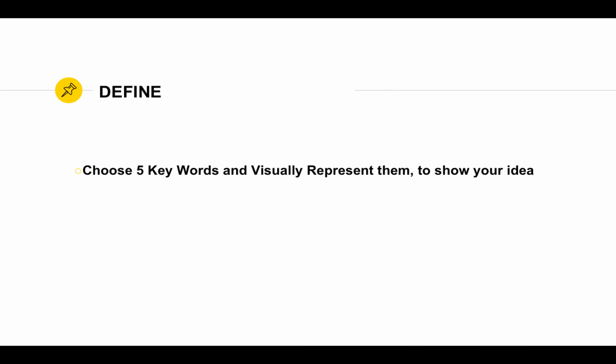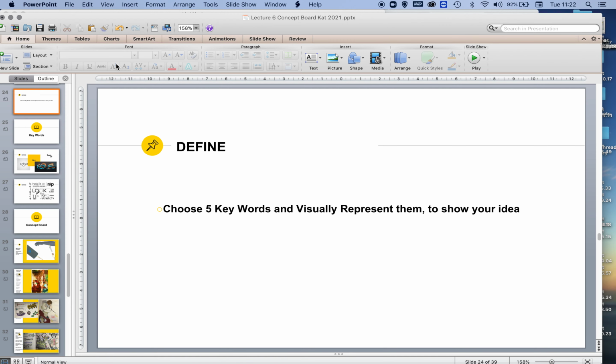So in the define phase, as well as a concept board, you're going to choose 5 keywords and visually represent them to show your idea. So this is where you're going to begin. There are other exercises. You will do some doodling. Actually, I may skip ahead to that. Out of what you'll do today,